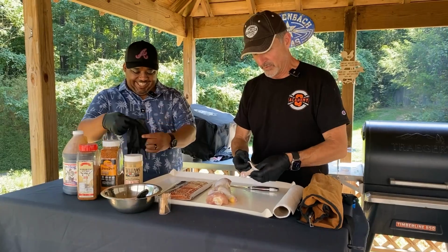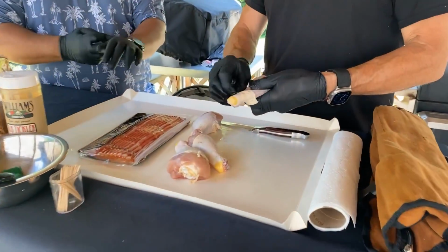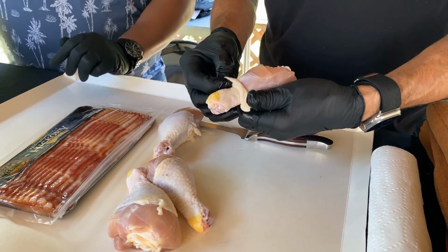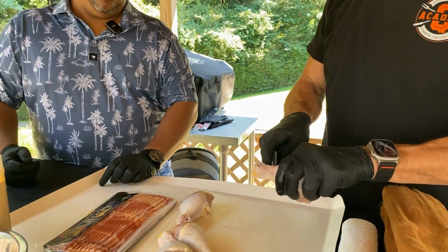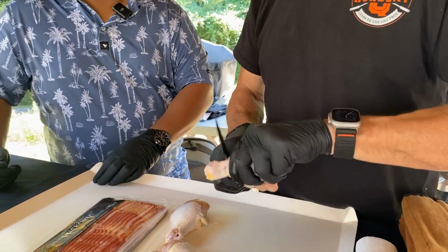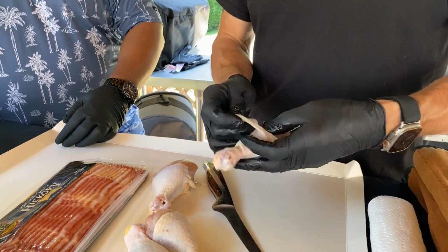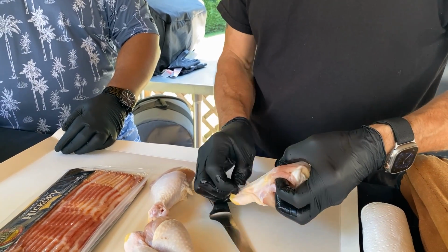All right, so back when we were cooking competition, normally there's a big tendon that runs up from right here up to here. I would pull that out. I'm not really that motivated today. I'm not going to do it. That is one of the worst things about eating chicken leg, right? It's that you get that bad bite. So yeah, that's good flavor, good bite on the bone. But I think cleaning it up is better, but...